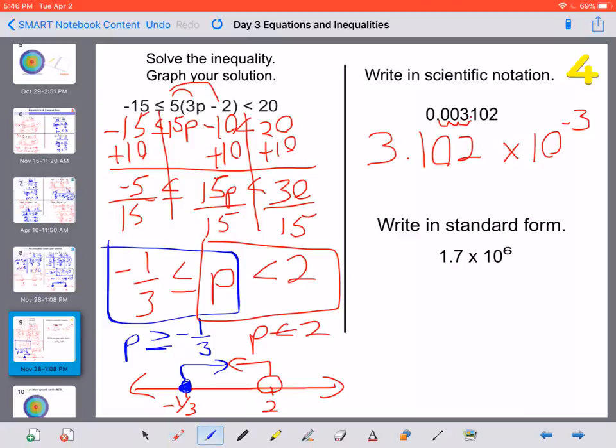Standard form, we're going to write a bigger number. This one is saying move it 6 spaces, so I'm going to start here and go 1, 2, 3, 4, 5, and 6. I'm going to add zeros to all these empty spaces, so I get a big number with a positive